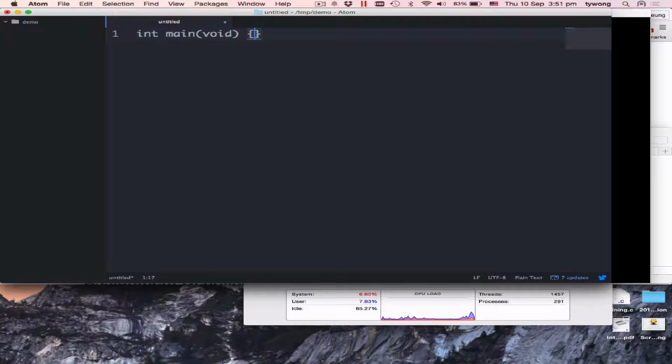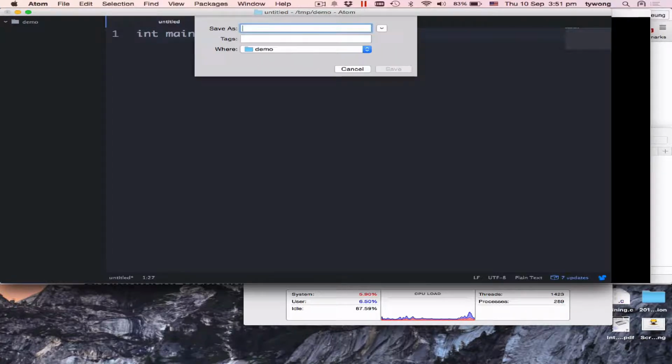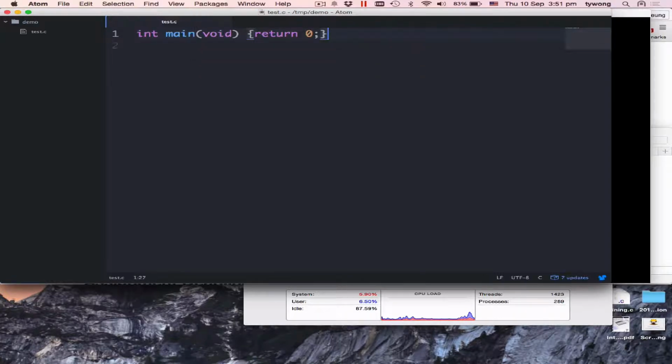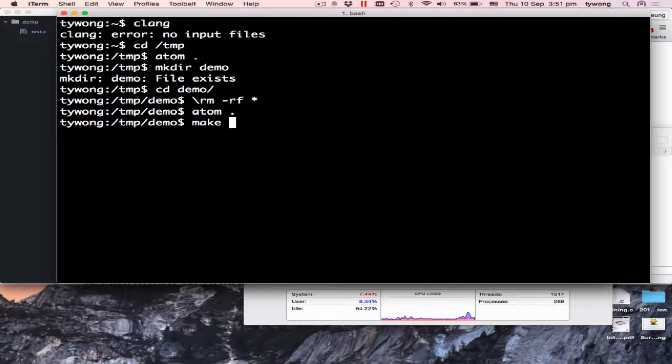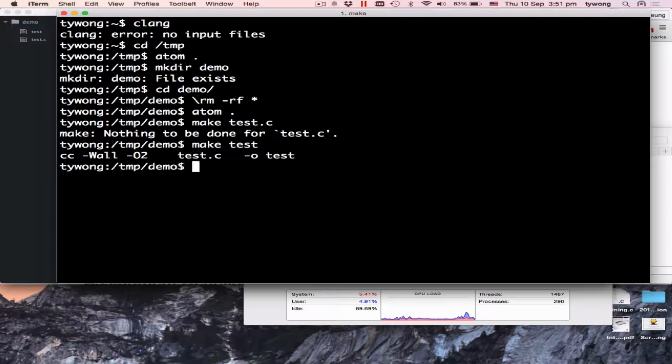Make sure that this program is short enough. Yeah, I'm lazy. Test.c. This is a program, right? Usually I will compile it using make test. No, it's not test.c but test. So it will automatically compile, and when it runs it, it's okay, right?